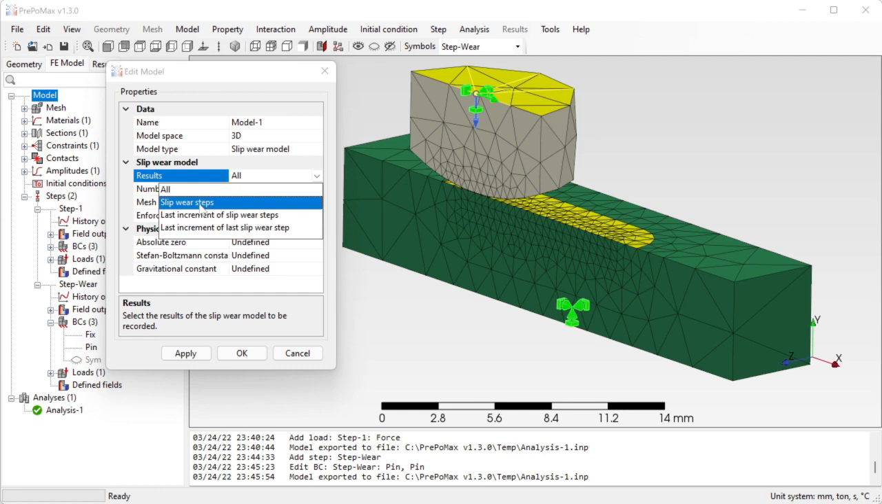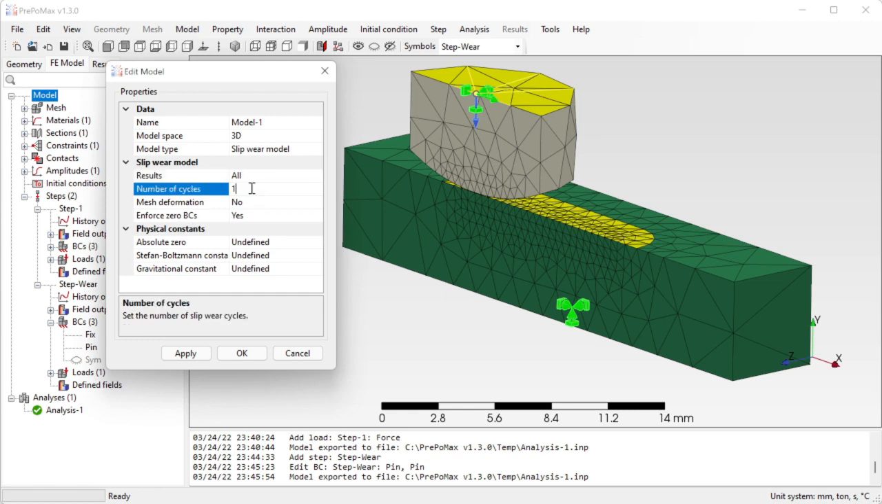This is step number 2 in our case. Only the last increment of each sleep wear step, or only the last increment of the last sleep wear step. So this is the final position after your one simulation, one cycle. For the moment, I'll keep all the results. I will also keep the start number of cycles as 1. So I will just repeat one